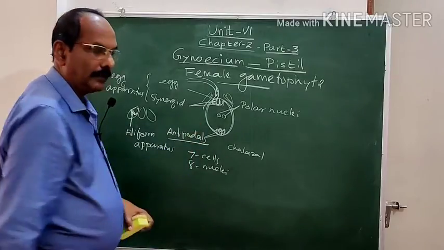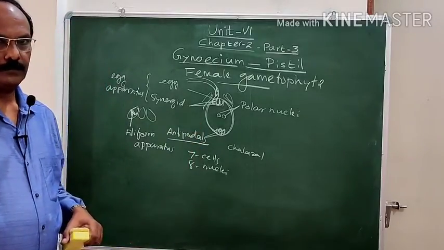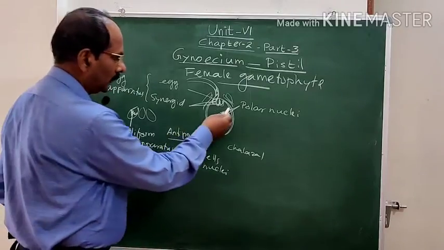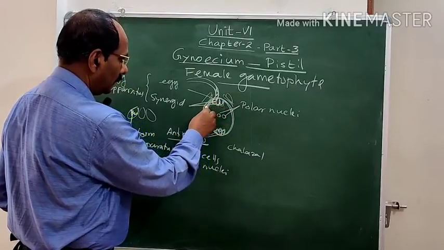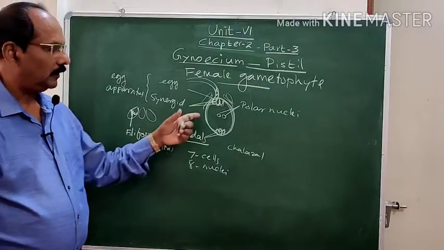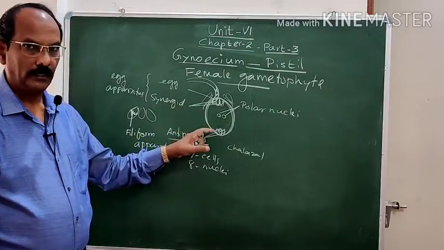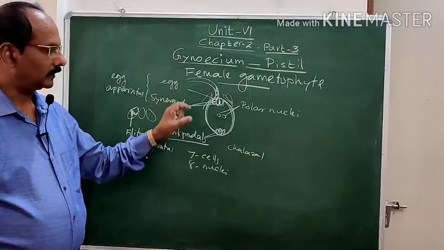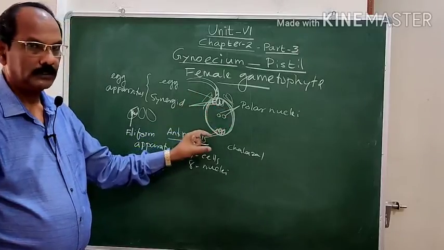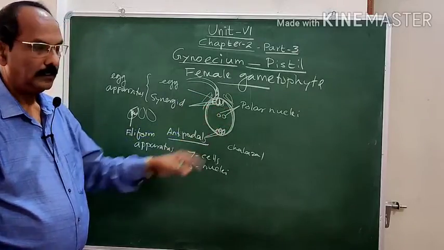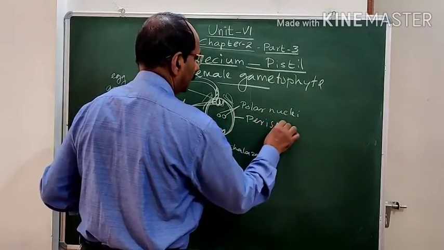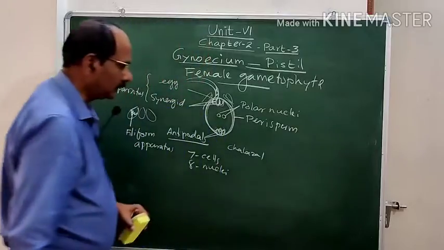And sometimes in some plants, for example in the black pepper plant, a thin layer of the nucellus remains outside. Actually, the nucellus is normally already consumed. There is no nucellus available there. But in some particular plants, for example the black pepper, a thin outer layer of diploid nucellus remains outside. That thin layer of the nucellus is known as the perisperm. Perisperm. Okay, that is the perisperm.